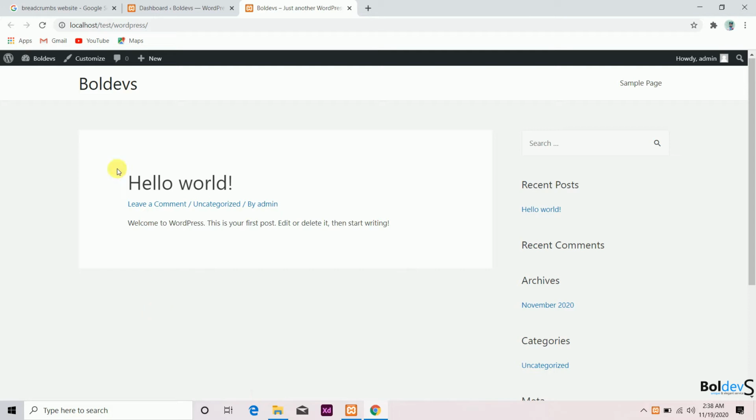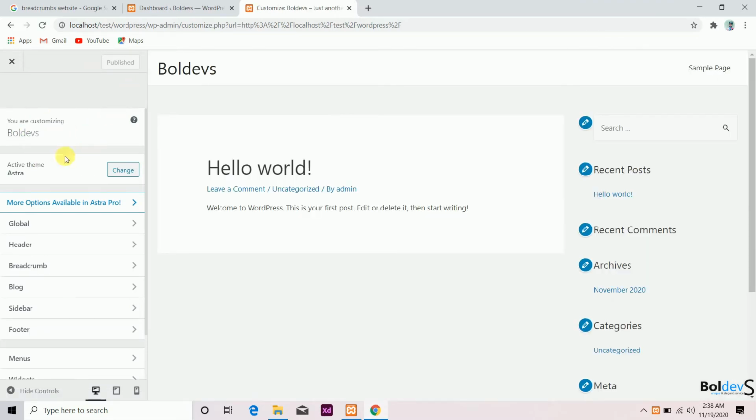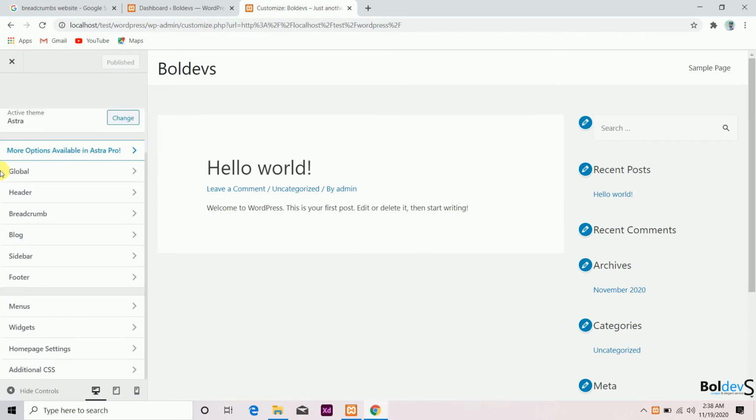Just go to customize. The customize option you can find in the top bar. Click on the customize option, and then you can find some options there itself. See, these are all the options present in the customize section of the Astra template. Guys, just remember one thing: these options are not the same as in another template. Each and every template contains a different set of options. You have to explore to check out their functionality. I'll be explaining all these things in this video.